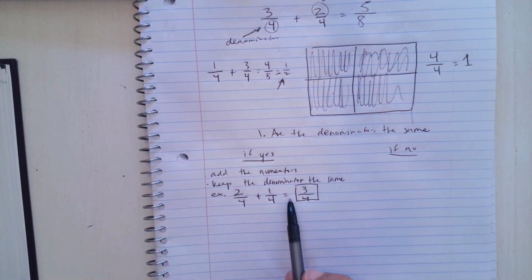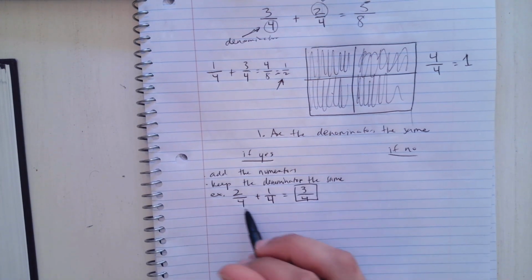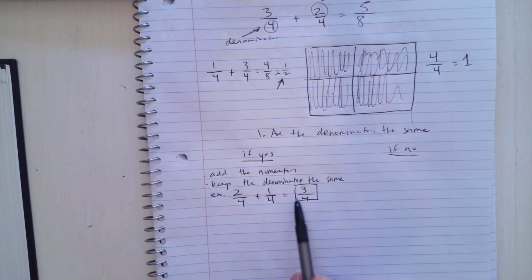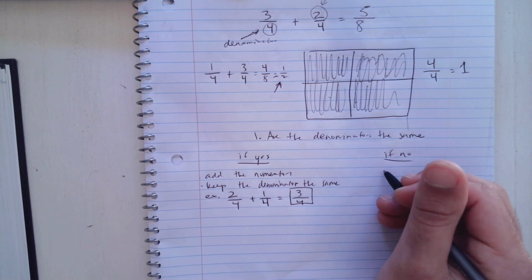I like to write little examples underneath these words, just so, I don't know, like I said, words can be kind of annoying sometimes. So if I can actually see this, I can look back at it, and when I'm doing a problem, I can say, oh, look, this problem looks exactly like the problem that I'm doing right now. And it makes it a little bit easier for me. So if you'd like to do that, go ahead. If they're not the same,